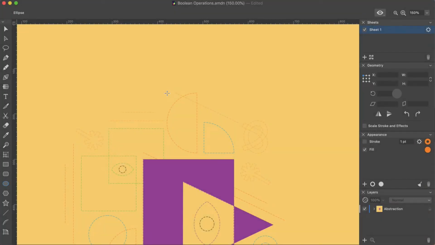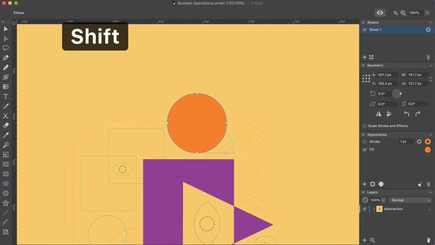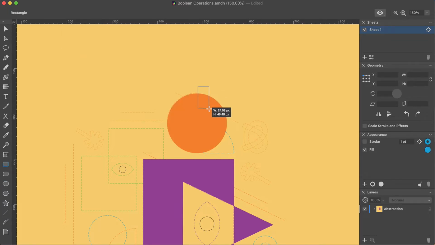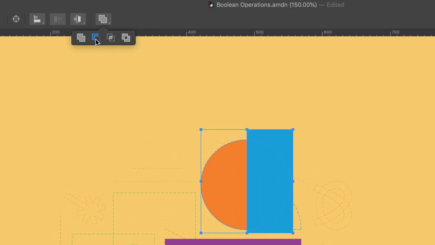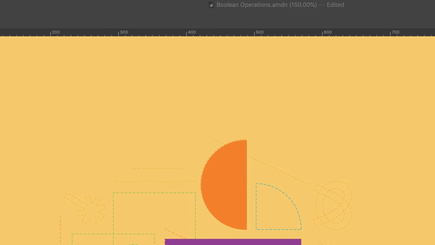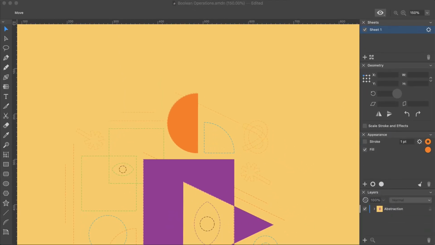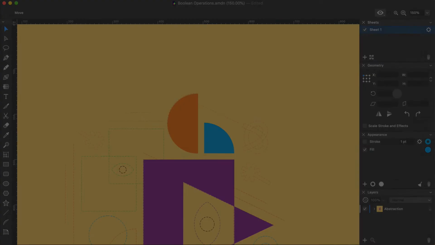Another trick is useful when you need to create a semicircle. We will start by drawing a circle using the Ellipse tool and Shift key. Then add a rectangle above in the way that it covers half of the circle. Select the two shapes and apply the Subtract operation from the toolbar. This will cut out the overlapping part from the lower object. The same technique can be used for quarter circle, and so on.